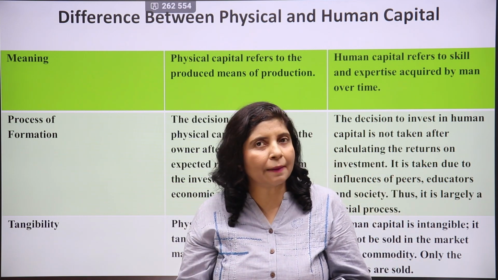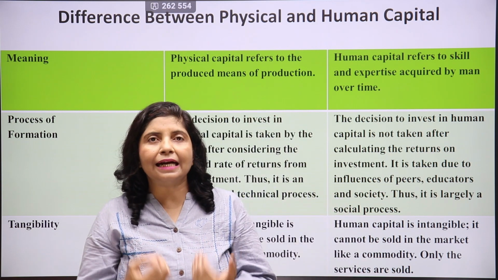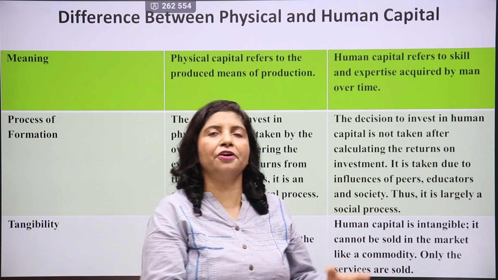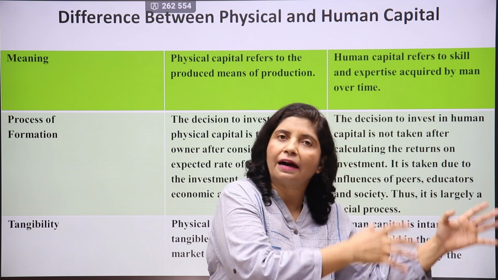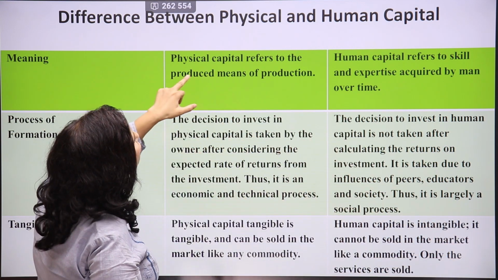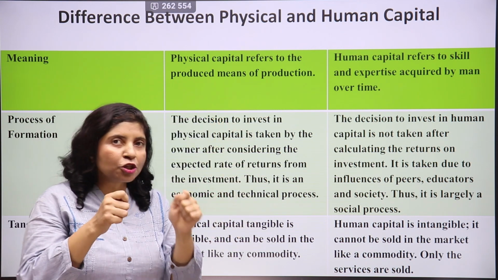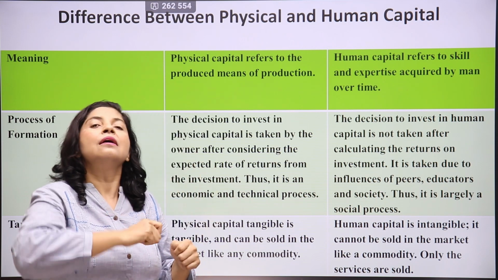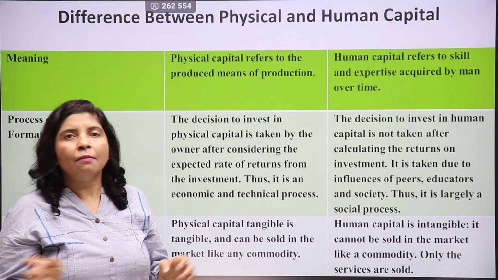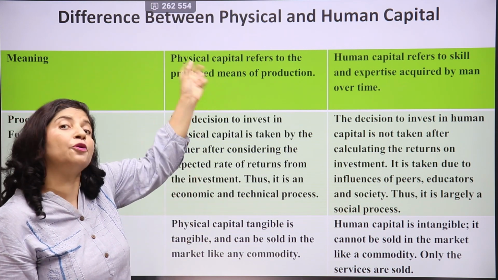Okay, and what is human capital? Human skill, that is the human skill and expertise that is inside that human resource which you use for doing any productive activity in your factories and firms. That is your human capital. So understood here? Physical capital refers to the produced means of production. That means what are produced means of production here? You produce machines to do something else. So machines are what? Produced means. You also produce them in factories only. Machines are not born out of human beings. Okay. So machines are also produced and that is the produced means of production.